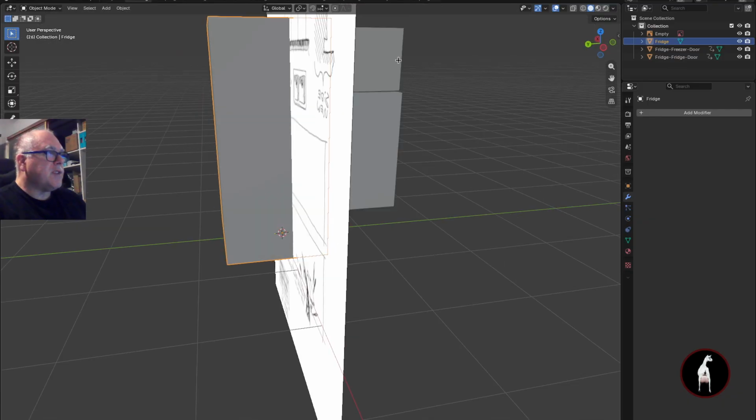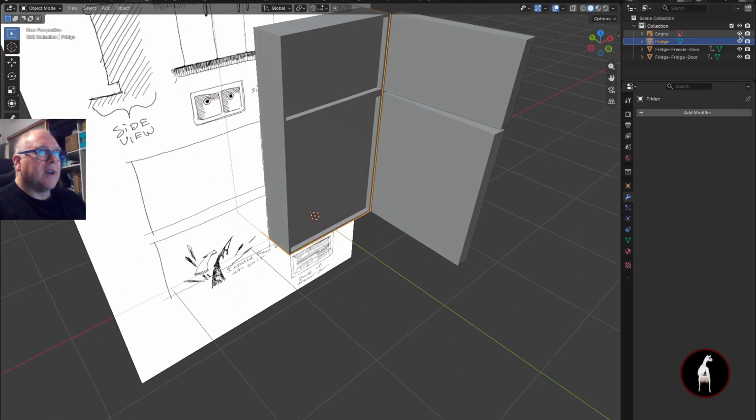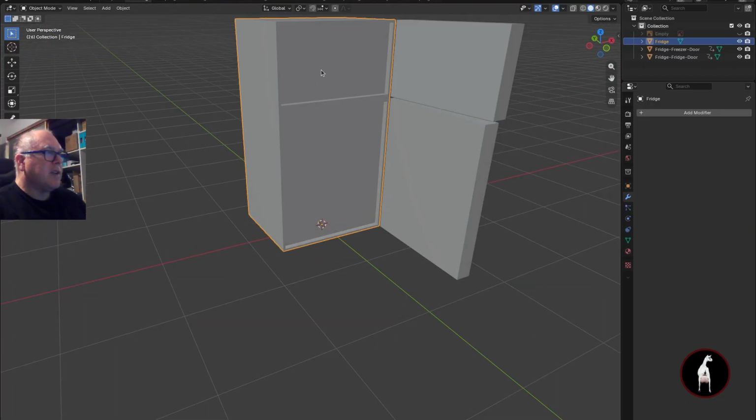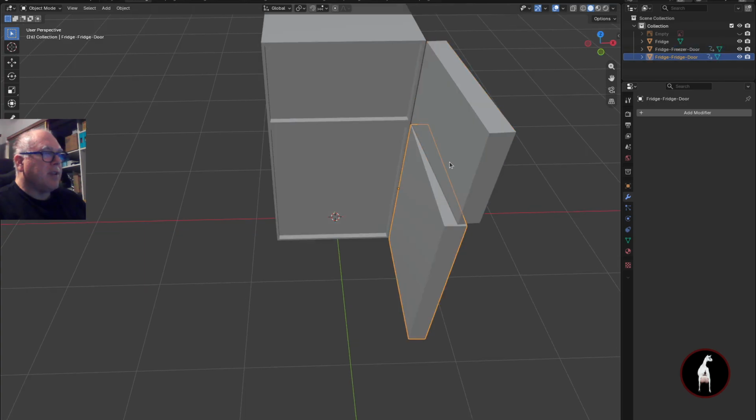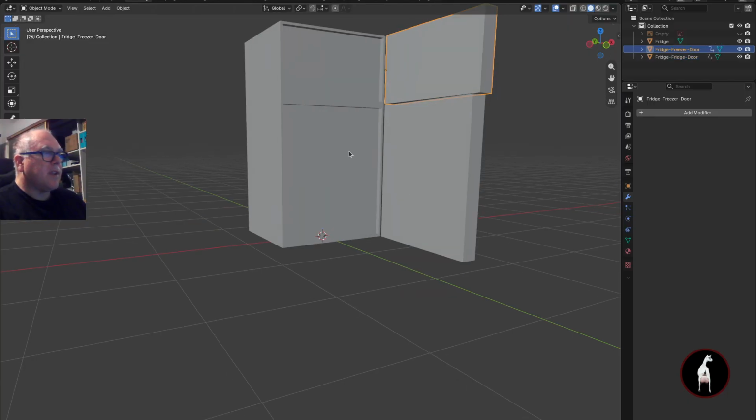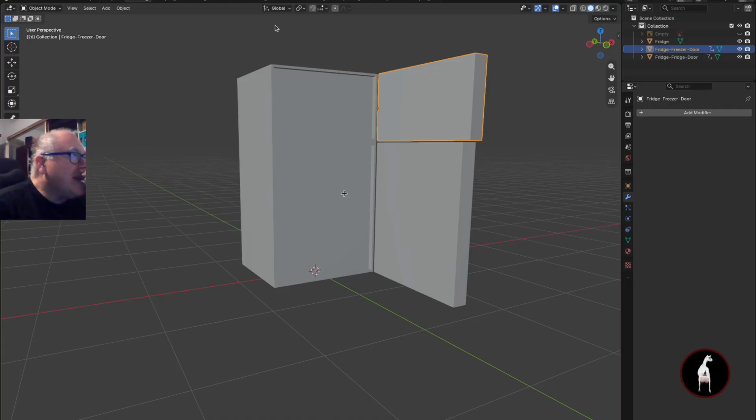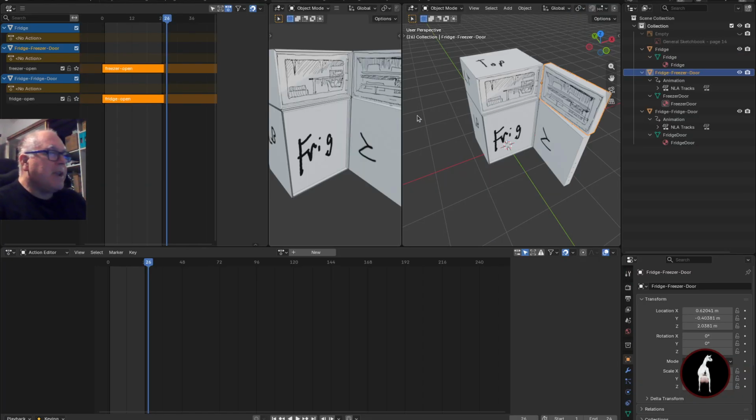So there's the fridge body, which is one. This is just some reference art. So it's this fridge body, and this is basically a reshaping cube for the fridge door and the freezer door. So it's three cubes. And then in the animation panel, what you need to do is click on the object you want to animate and drop down this. So I was trying to do four animations, an open and close animation, but in the